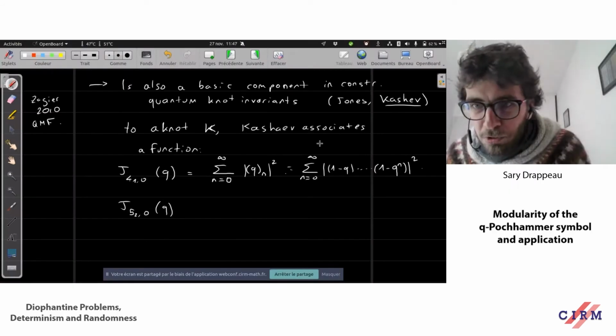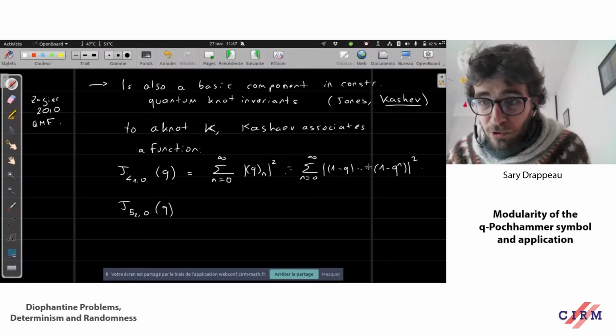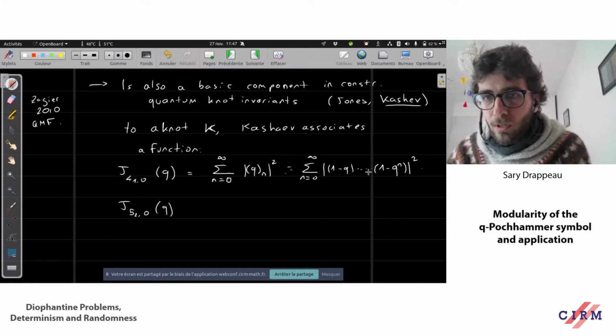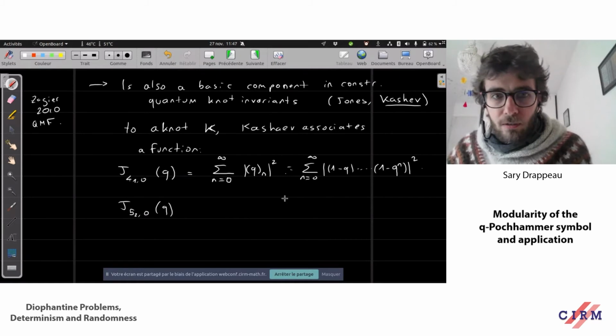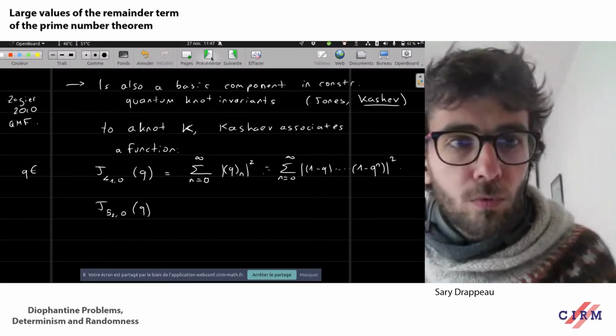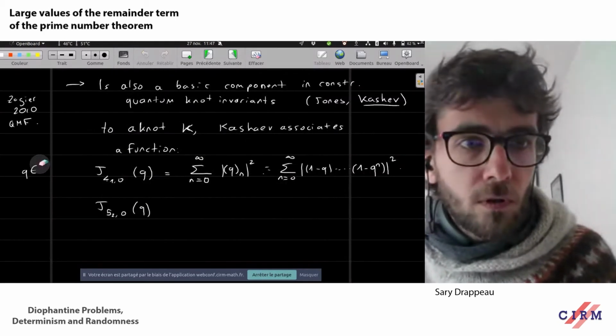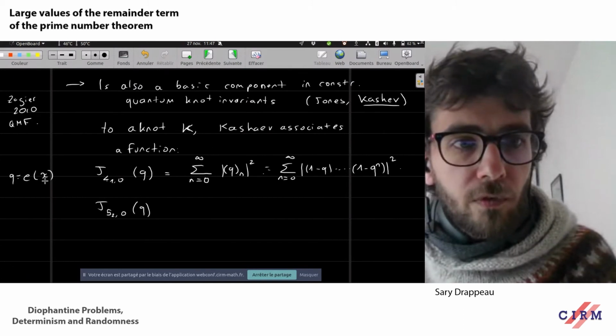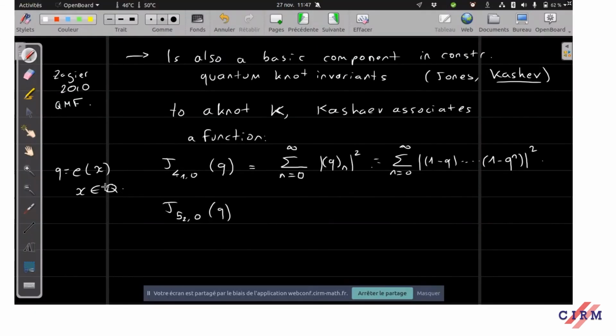Okay, so if q has modulus less than 1, this of course diverges. If q has modulus bigger than 1, it also diverges. But when q has modulus exactly 1, the interesting case for us will be when q is the exponential of a rational x. So it's a root of unity. So when q is a root of unity, eventually this product will vanish,